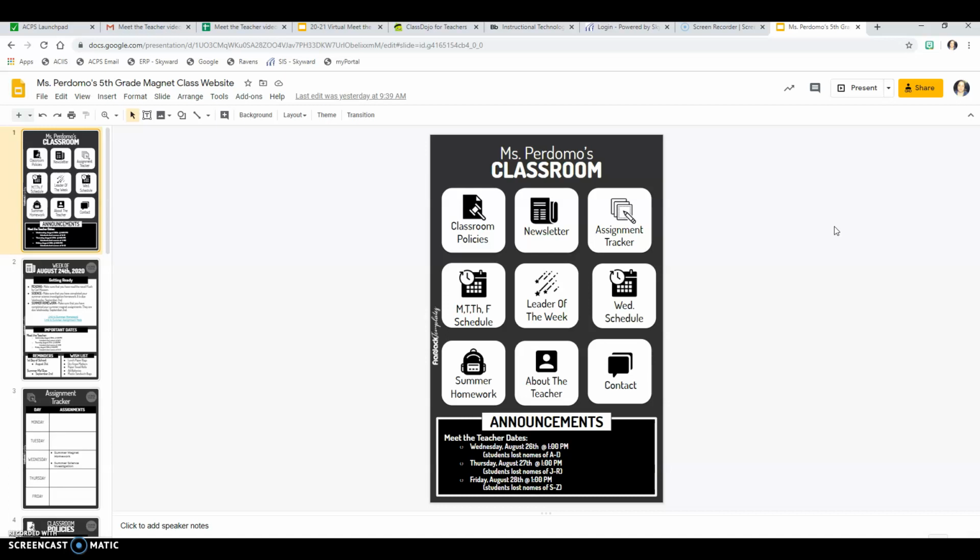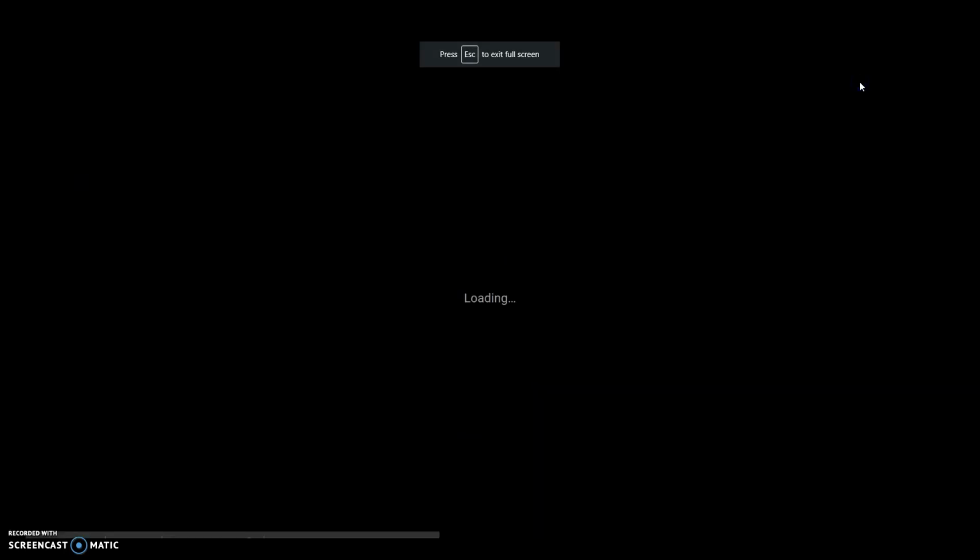When you see it is in a Google Slides presentation, the best way to view it is by clicking Present. It works on phones and tablets, and if you're having a problem accessing it, then the best thing you can do is download the app for Google Slides so that you can view it on your devices.